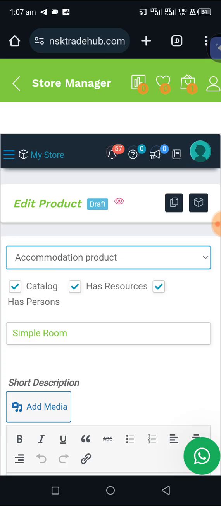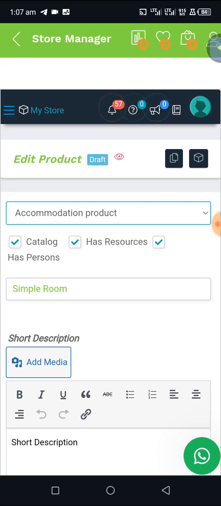Yes, for accommodation it requires this. Remember what I taught about resources. So for accommodation it requires both. This has resources and has person. Yes. So let's keep going down. You will find out the use of these persons and resources. You understand? You will see where the persons, the resources, where they are used and how they are used, so that you